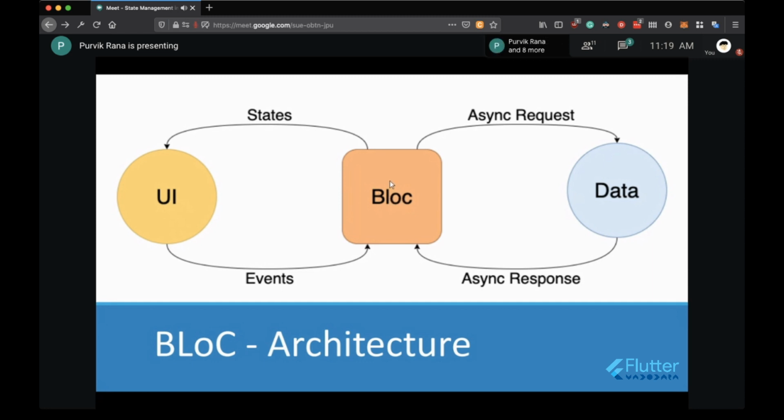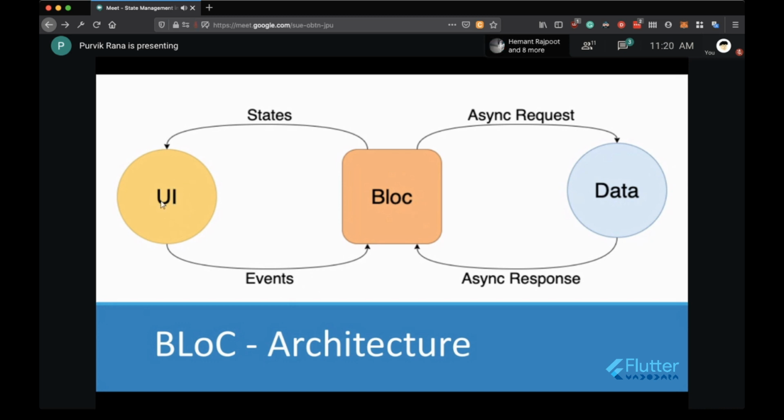That block will sense the type of the event, what kind of event is there. We can have different types of events, and we will see that in the demo, where we can define the different events also. So the block will sense what kind of event is there, and based on the type of the event, it will fetch the data from the API endpoint. So the block will handle the business logic. The UI only has to work on the on-tap part.